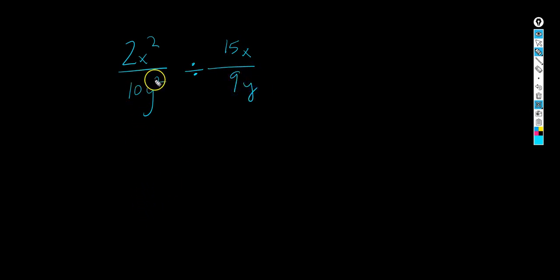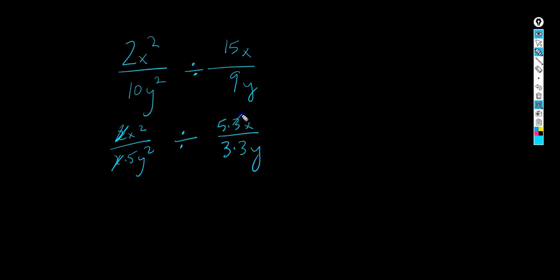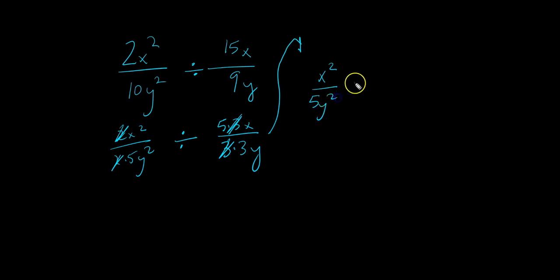Okay, well, we could work on these separately. If I look at 10, that's the same as 2 times 5. So the 2's cancel. And 15x is 5 times 3. And 9 is 3 times 3. So I can cancel the 3's. And so this will become x squared over 5y squared divided by